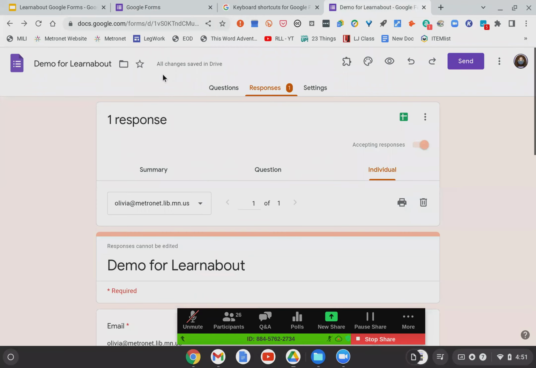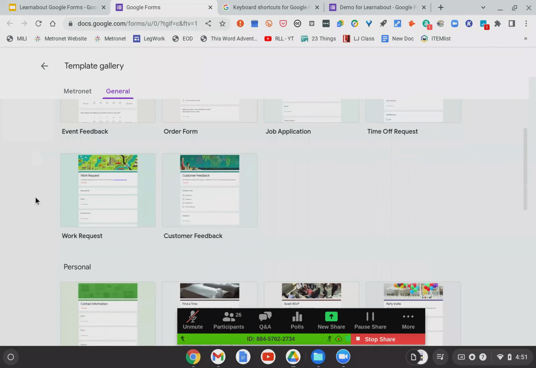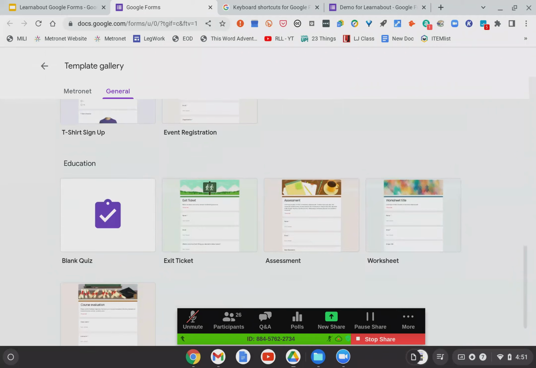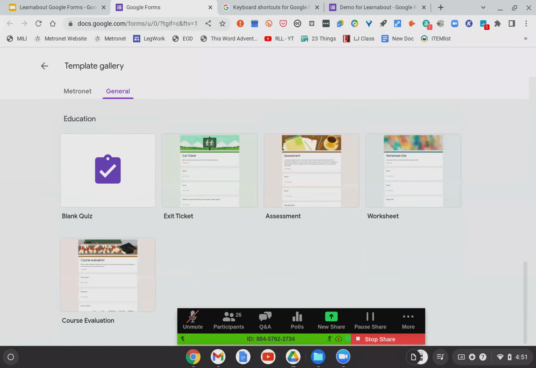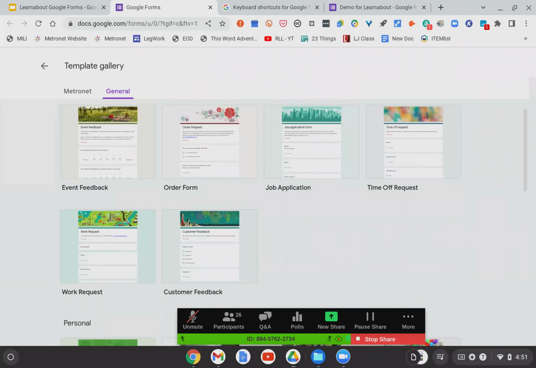We've got backgrounds and different colors and all sorts of things. It would be fine to send this out, but some people would think it's easier just to do this. You could absolutely come in here and select. There's a bunch of different templates, including doing quizzes, and it'll pull it up, and then you just have to edit it to match what it is that you're looking for. So you can absolutely do that.